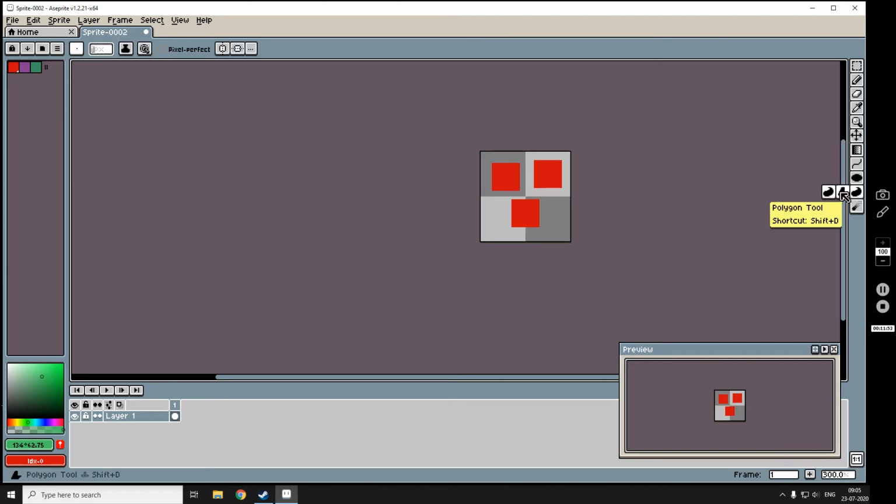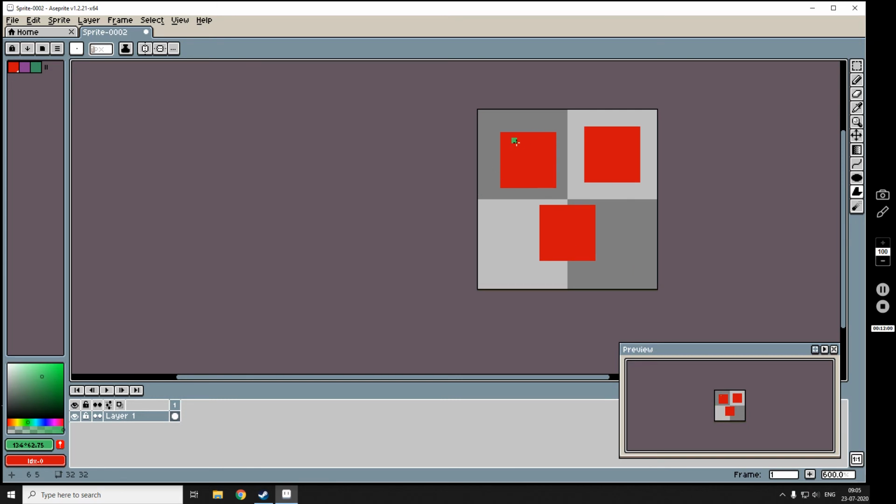Yeah, the other one is the polygonal tool. It is also the same as the contour tool, except you have to keep clicking until you get what you want. I'm showing you, see, you have to keep clicking. See, drag, then click, then again drag, click, again drag, click and leave it so that it will fill.